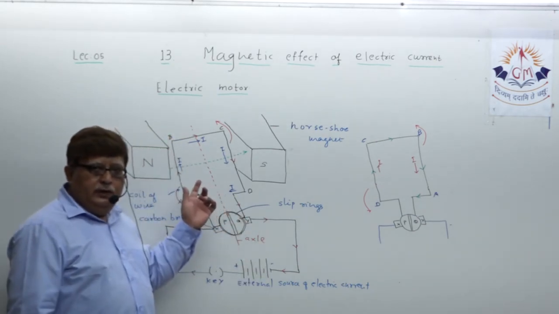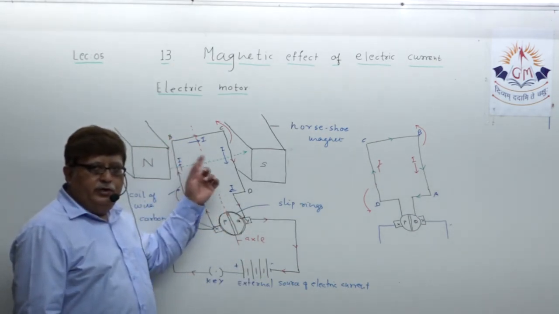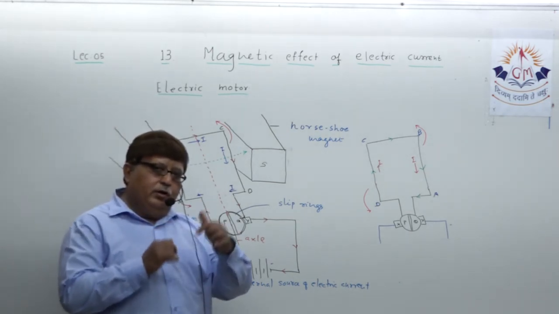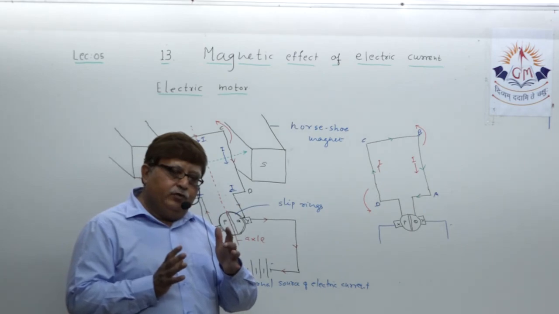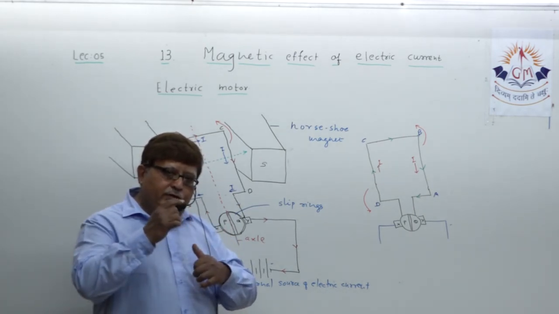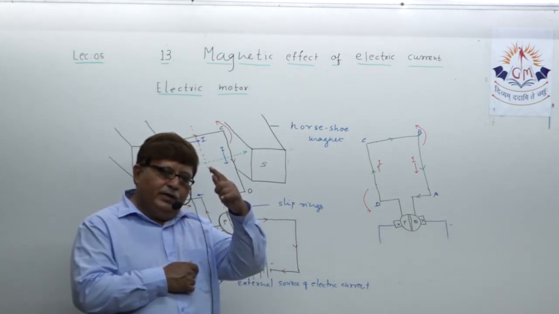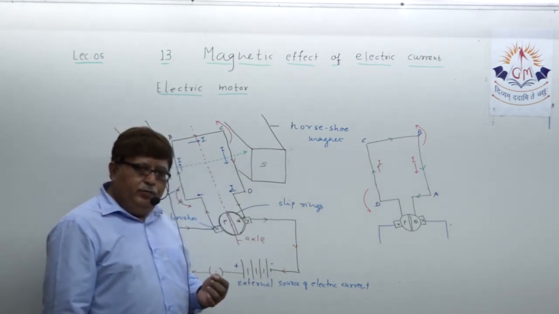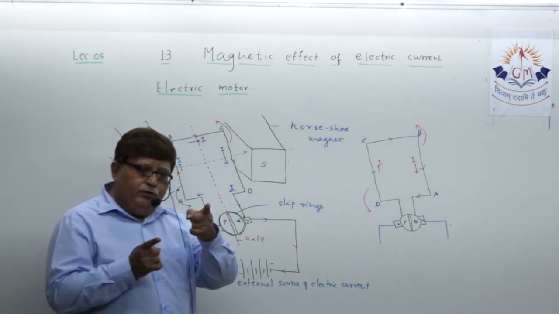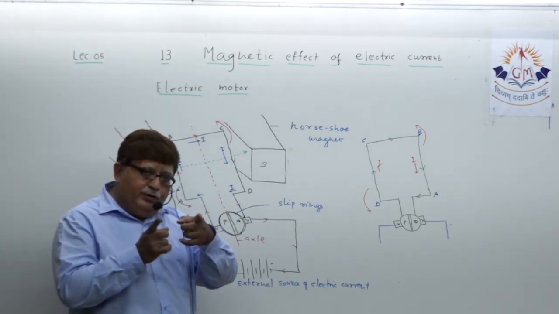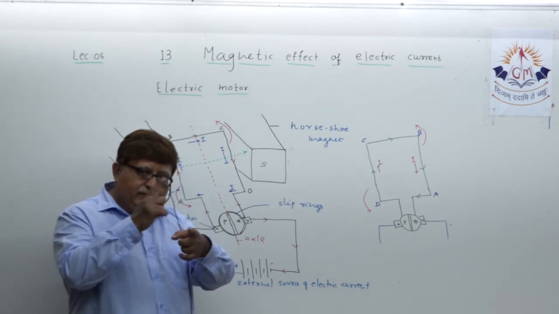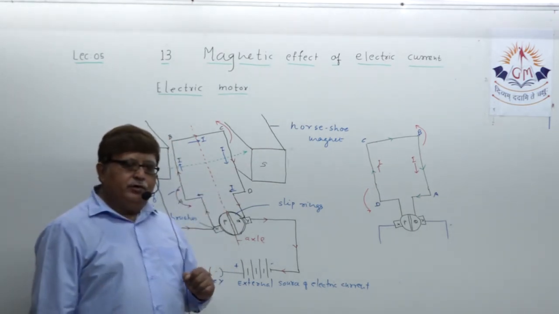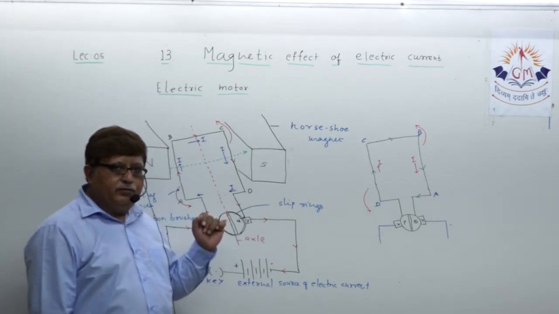In AB, the current will flow from A to B and in CD from C to D, exactly mutually opposite. So both sides of the coil will experience opposite electromagnetic forces. AB will be pulled downwards, CD will be pulled upward. Due to this pulling force, a very free pivotal axle arrangement will ensure that the coil rotates by half a rotation. AB comes in place of CD, and CD in place of AB.